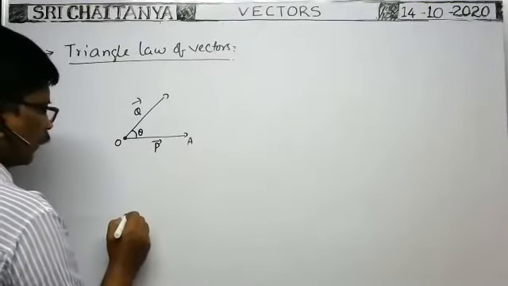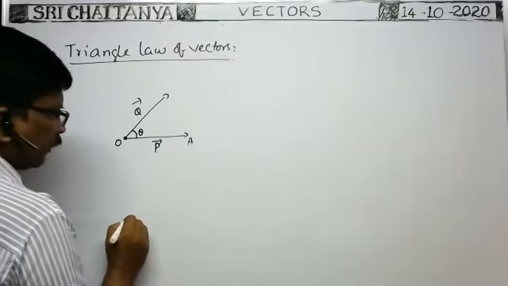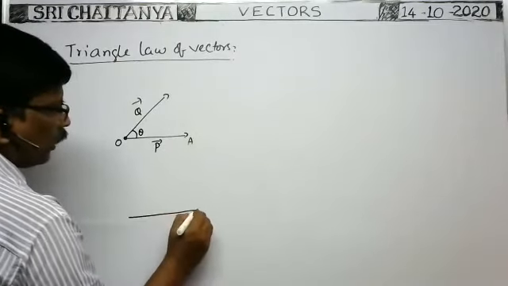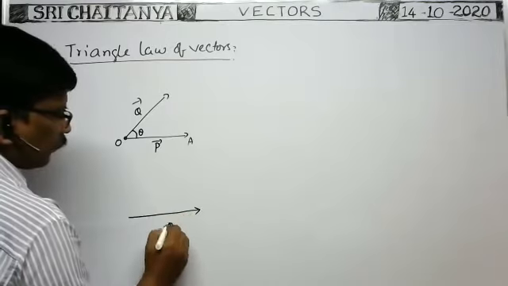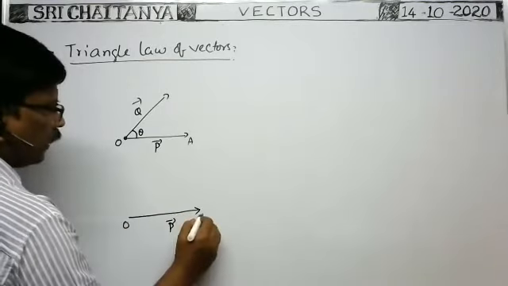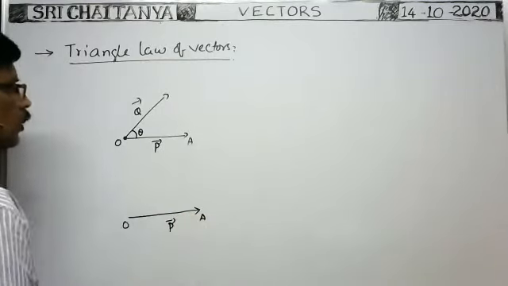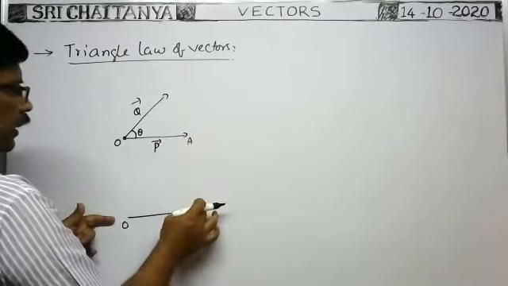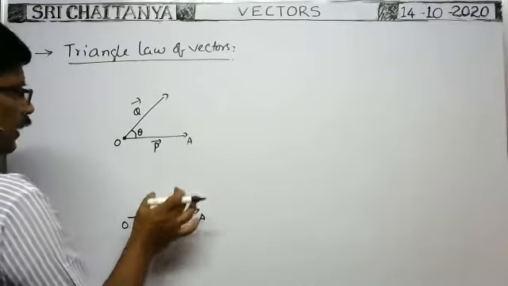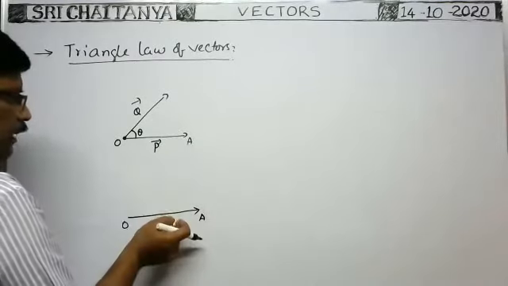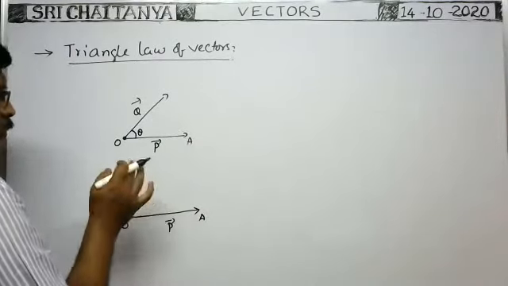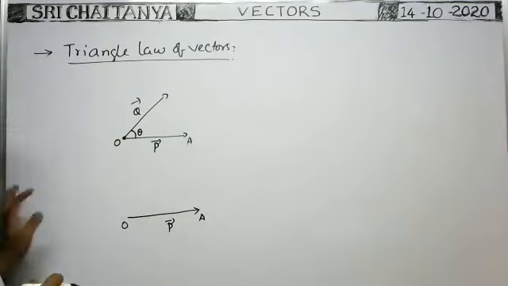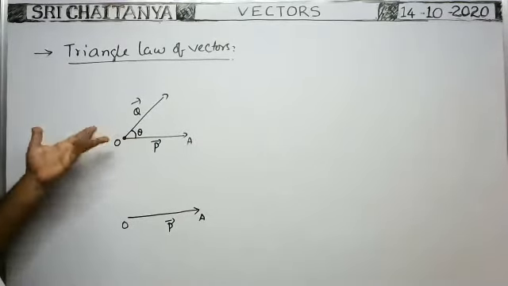Here you see, first you take the given vector OA bar. OA bar is equal to, of course, P bar. Whatever the length of this vector, I have taken the same length. The direction is also the same. That's why it is the equal vector of this one. That means it is P bar. So the resultant of these two vectors means P bar plus Q bar is the resultant of those two vectors.